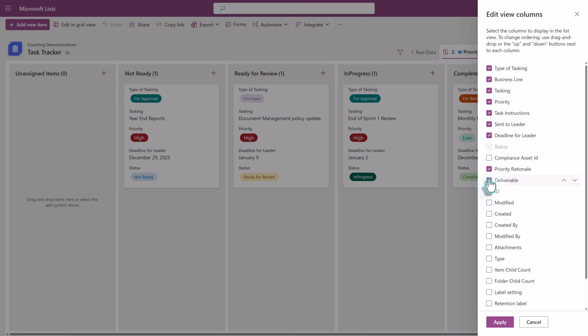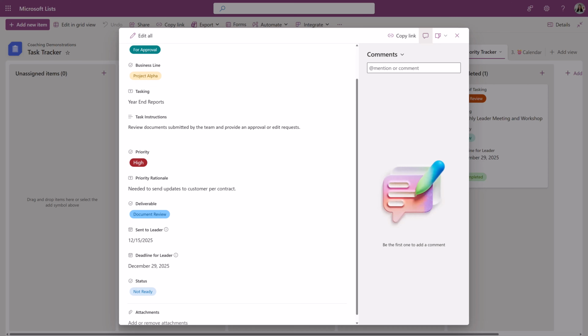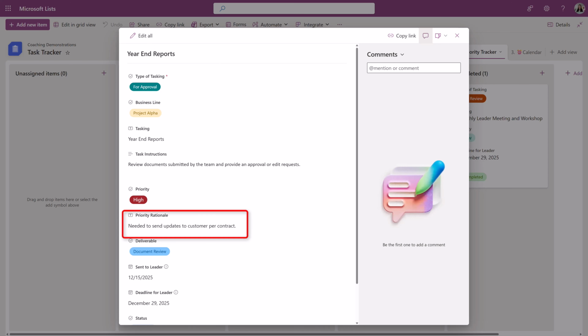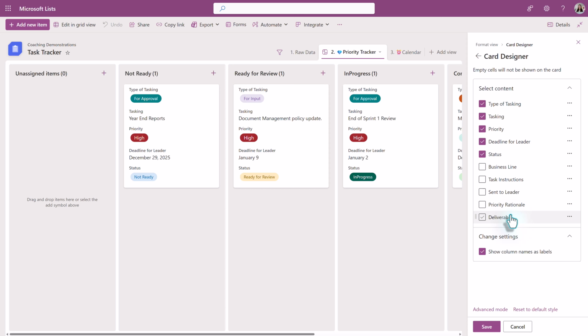So we need to add a check mark next to each one of them and then click apply so that they're available not only in the form view where you can now see priority, rationale, and deliverable, but it will also become available on the card designer. So let's go back to the drop down and select customize card. And in this scenario, we wanted the manager to be able to see the deliverable without having to open the